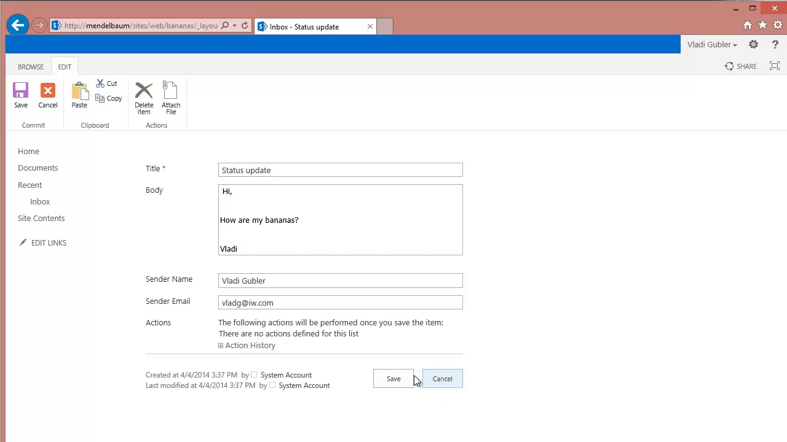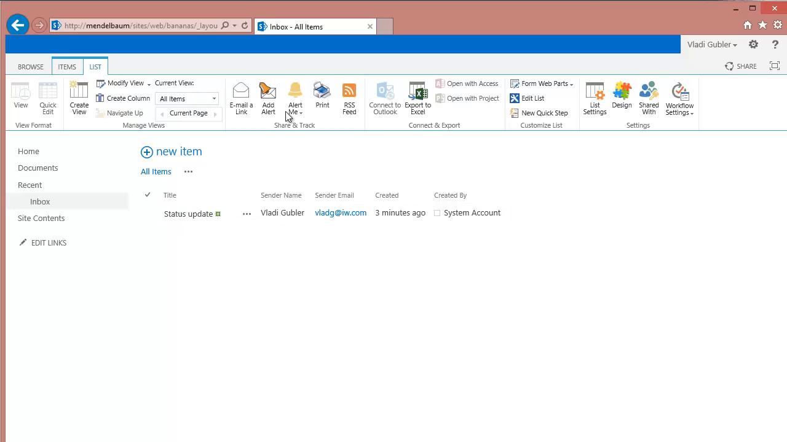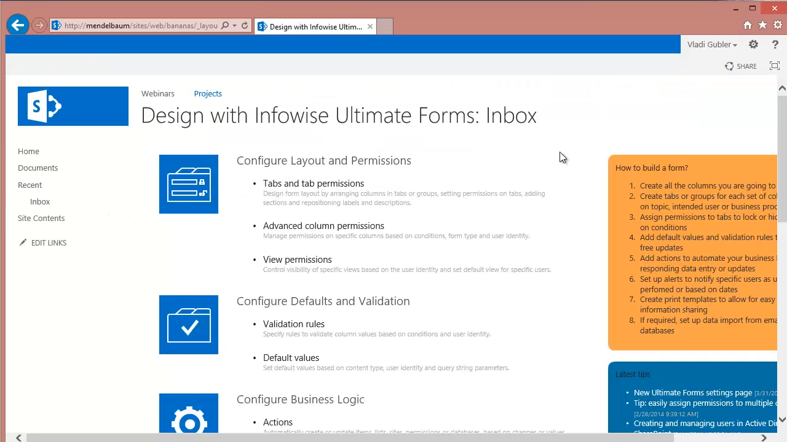The first thing that I want to do, and I'm going to do it real quick, is to disable the email import functionality on this form, so we're not going to receive two emails from two different sources. Confusing. What you can see is the new design button that now appears on every list or document library in both 2010 and 2013. This button takes us to a page that